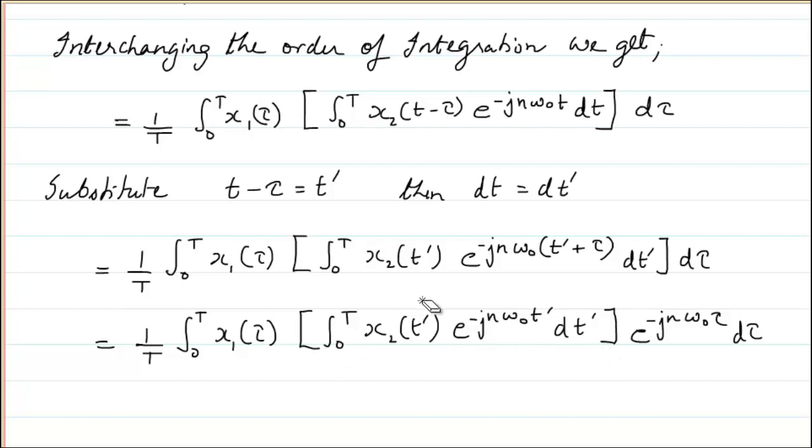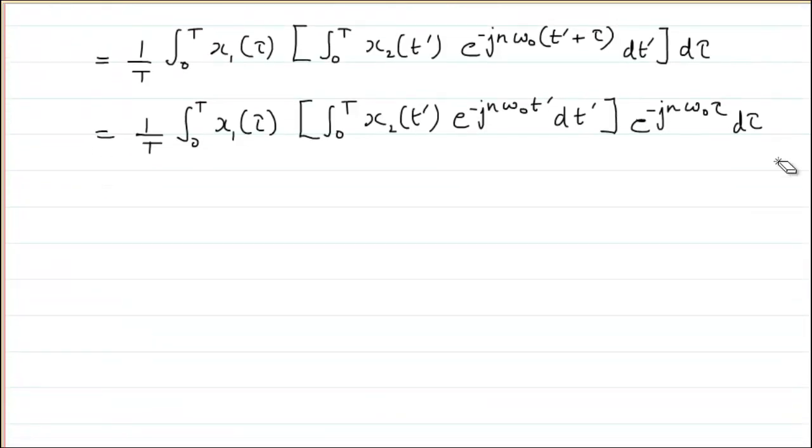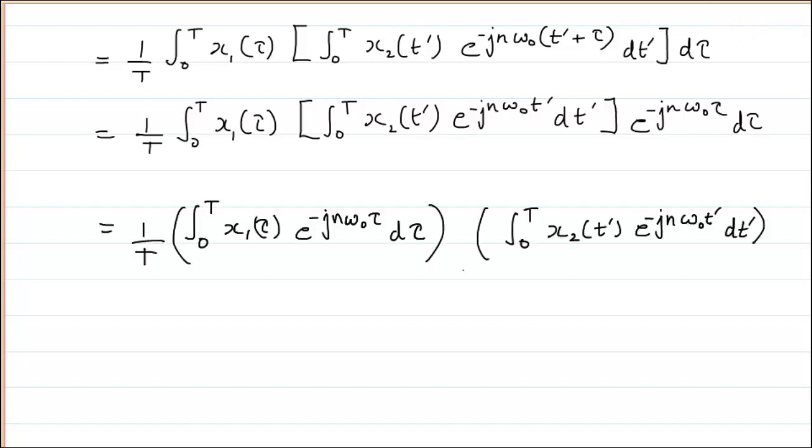So basically it is the Fourier series of x2 of t, which is d of n. So I can take that bracket outside and write it as two separate equations. So I have separated the equation. Now I know that 1 by T has to be there in this equation. I have to multiply it with 1 by T, which is already here. Then this becomes the Fourier coefficient of x1 of t, whereas this becomes the Fourier coefficient of x2 of t, but obviously there is no 1 by T here.